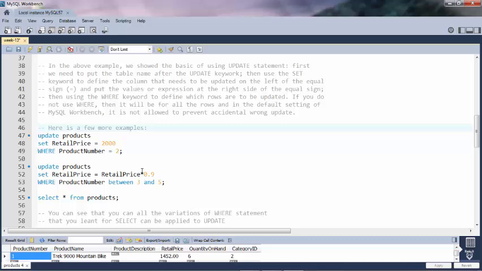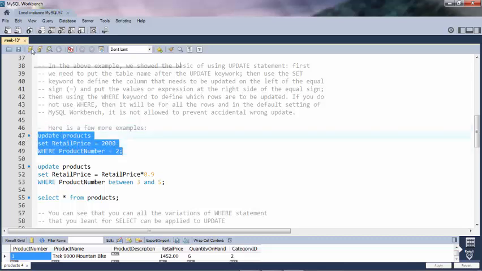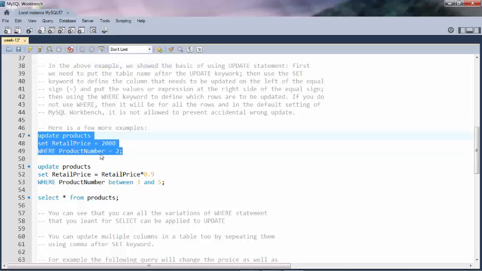Here are a few more examples. As I mentioned, we can use column names and expressions. We can also use a specific value. In this particular one, we're going to update the product table again, for the retail price column, for row number 2, the product number equal to 2. Okay, we write, and that is going to change